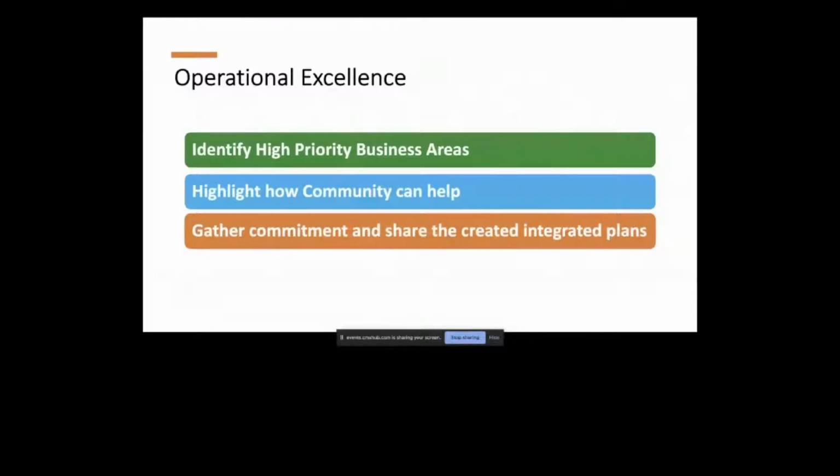So find out what those key priorities are, find out what those quarterly business reviews or monthly reviews take place, and find a way to highlight community in those reports. That's probably the easiest way to get C-level and executive level attention. Be careful, it's a double-edged sword, so be prepared to articulate the value of the community, but really find out how can you help deliver value in these areas.